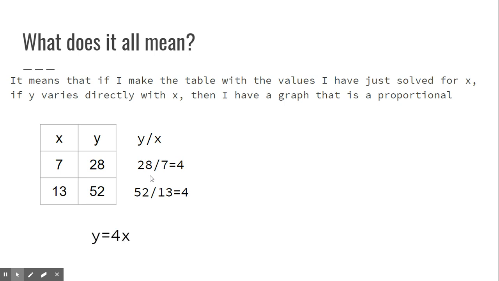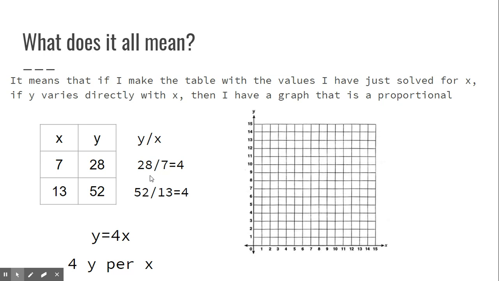So I know that my equation would be written as y equals 4x, where k, my constant of proportionality and my constant of variation, is 4. So what does that mean, tying into what we learned yesterday? Again, remember that it is y per x, right? So 4y per x. When I make a table, I have 4y for every 1x. So 1x, 4y. And if I double it like I did yesterday, 2 and 8 would also be in the